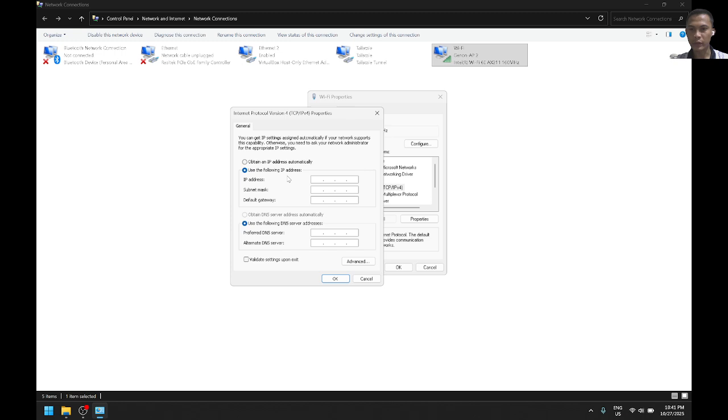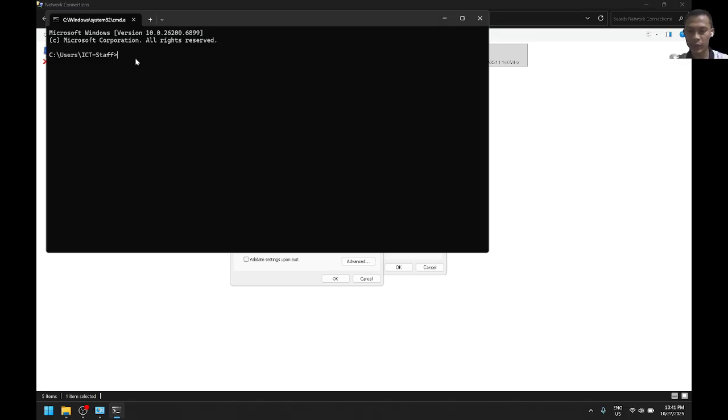Before setting up in this part, right now I will check what the gateway of my connection is. So another one, open Run with Windows R again, then type cmd, then the command prompt opens.